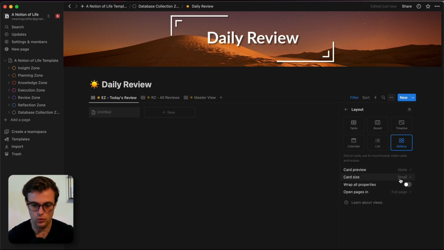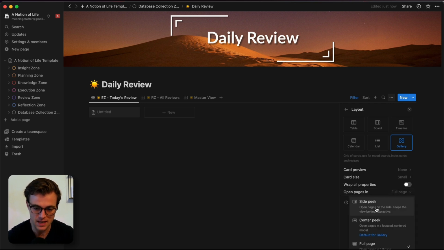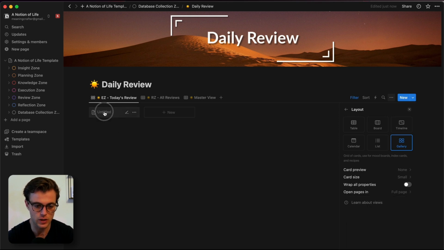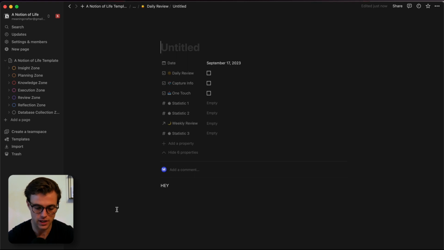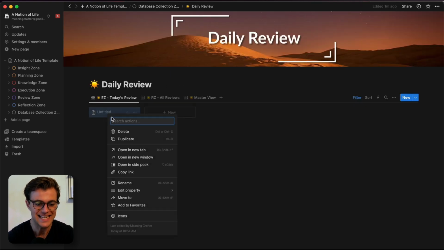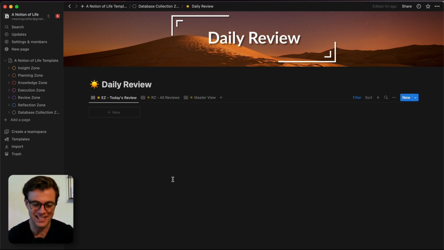The card size to small, right? We could also make that larger, but we want to have it small because basically we just want to have a button with which we can easily create our daily review. So that's none, that is small. And then the last thing is that we want to open the pages in full page. So Notion allows us to choose in what size we open our pages. We can have the side peek, the center peek, but we want to have the full page. So when we click on this entry, it opens as a full page, and that's what we want right over here. So I'm just going to delete this one right now,